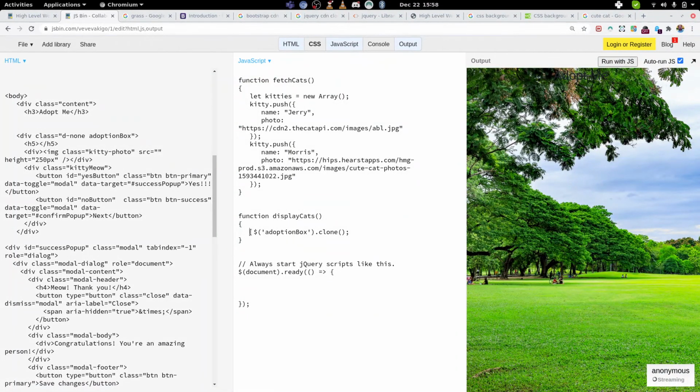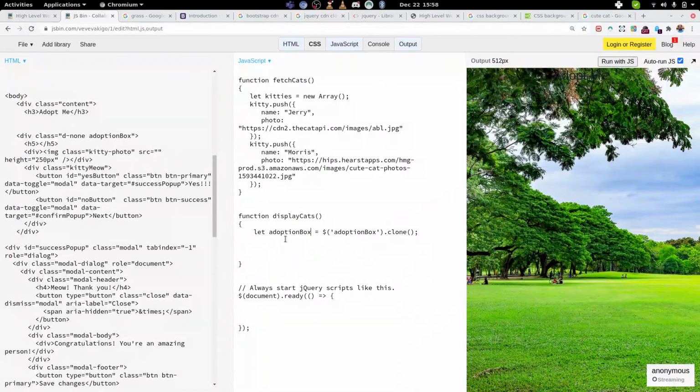And now I say let adoption box equal to clone, and because it's jQuery I want to add a $ sign in front of it. I have 2 minutes left, so I'm just going to shut up. Adoption box,